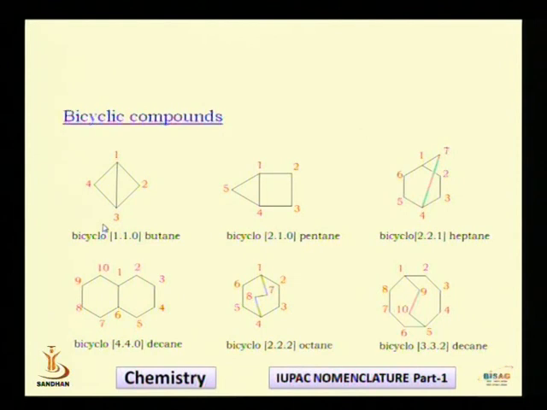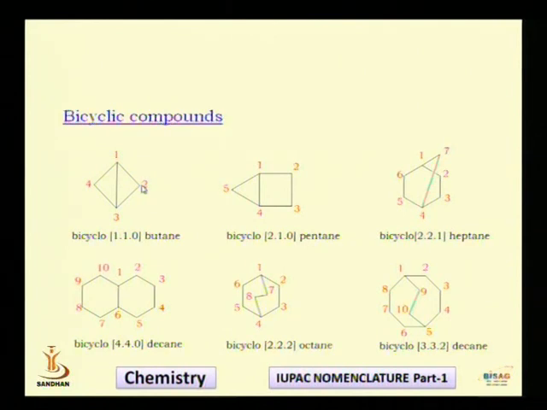And that's why I have to put prefix bicyclo. So this is the first procedure which we have to do. Prefix writing is completed, it is bicyclo. Then I have to put a square bracket, and I have to write the numbers in the square bracket. And to write the numbers in the square bracket, I have to number the compound. And what I told you, that begin from one bridgehead carbon. So I have started from this bridgehead carbon and go to the other bridgehead carbon by a longest route. Now see, I am having this route and this route, both are same. So by any direction you can go. You can go clockwise or you can go anti-clockwise.